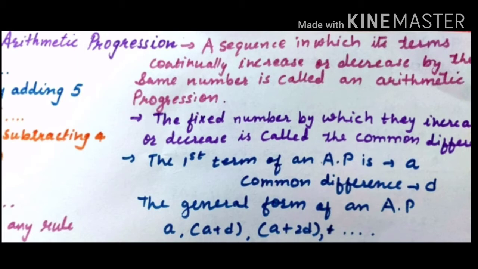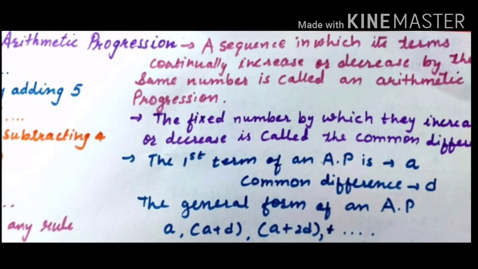So the word progression already explains that something is in progress. And arithmetic means it must have some particular gaps between numbers, either decreasing or increasing; that is, our arithmetic laws are used there. So here I read what an arithmetic progression is: a sequence in which its terms continually increase or decrease by the